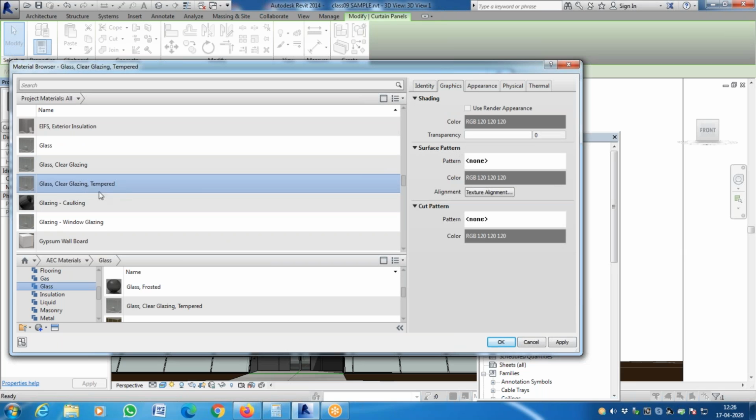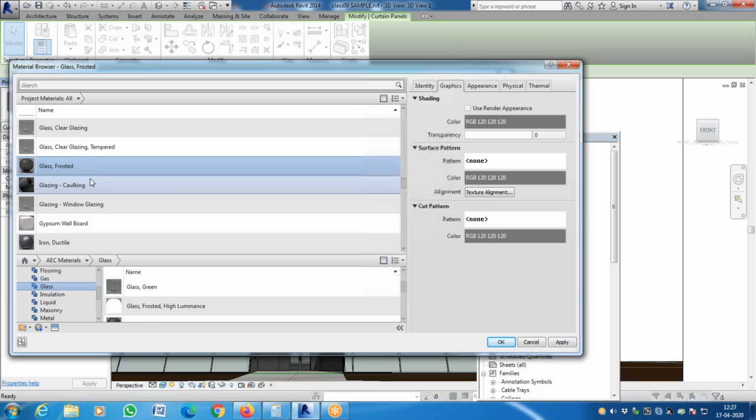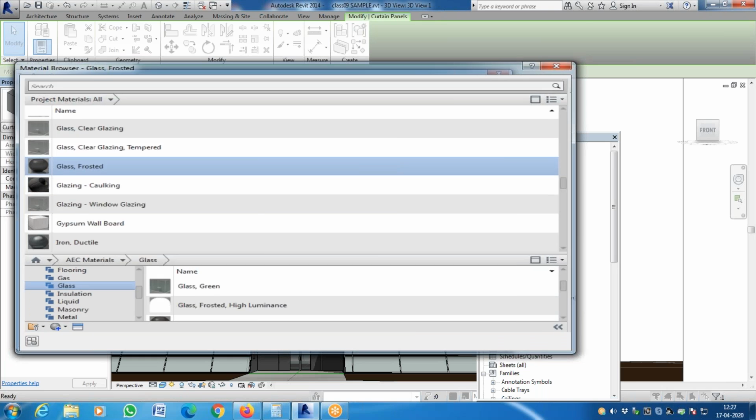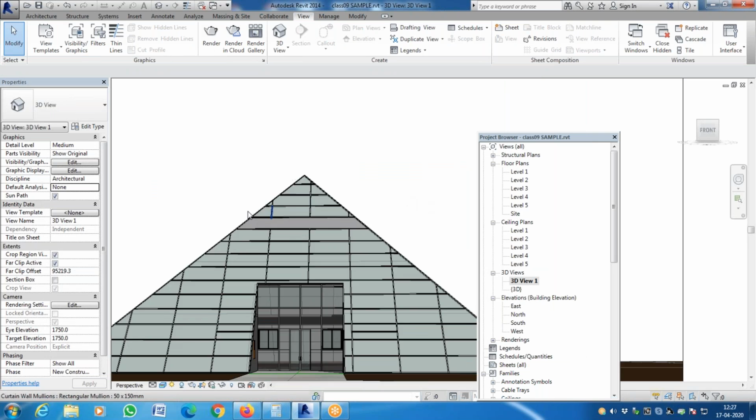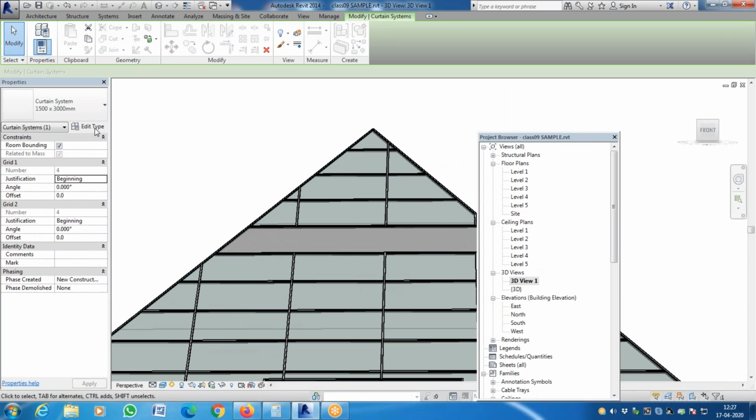Clear glass glazing. Just double click that. What are the glass frosted? You can give glass frosted. I think I'll give glass frosted and apply and see the change. Now this has changed